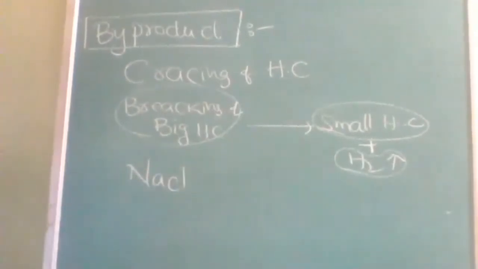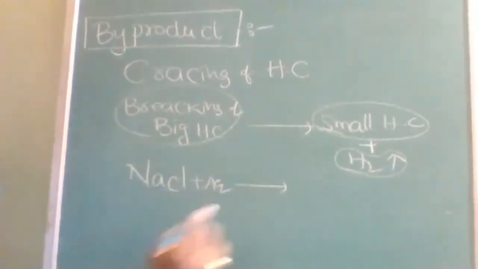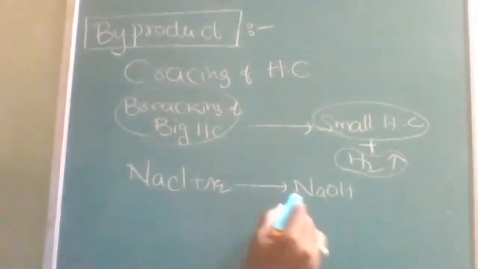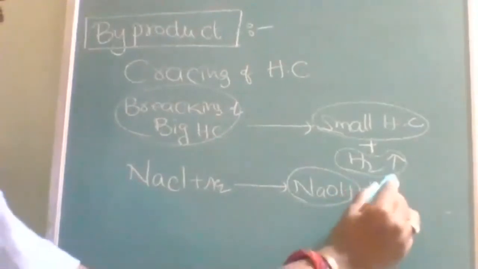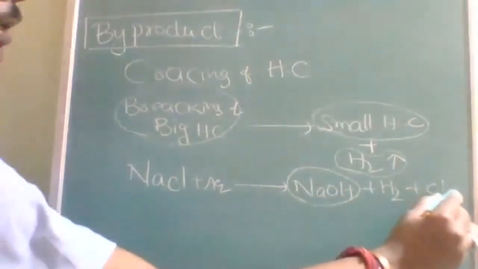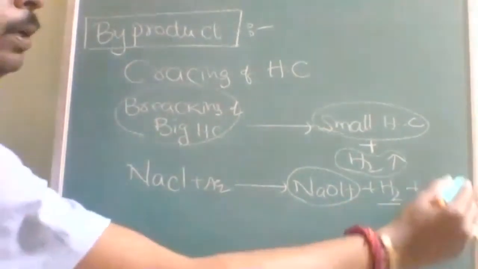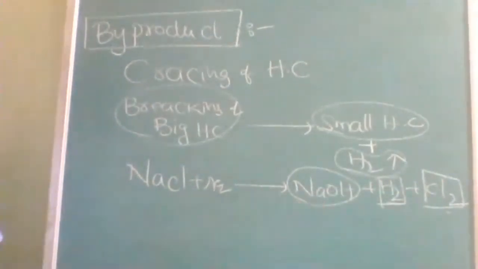What is brine solution? Aqueous NaCl. Okay. So when you electrolyze this, you will get NaOH as a product. This is the preparation method of sodium hydroxide. But apart from that, you will get hydrogen gas at one electrode and chlorine gas at another electrode. So these are the two byproducts you will get in addition to the main product NaOH. Okay, so these are the preparation methods of hydrogen.